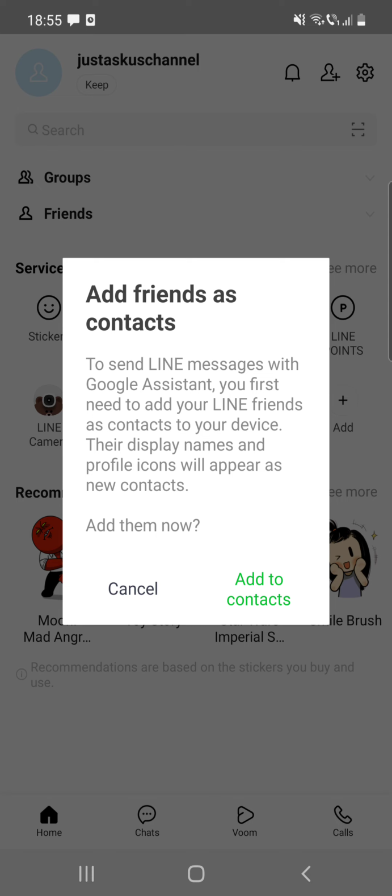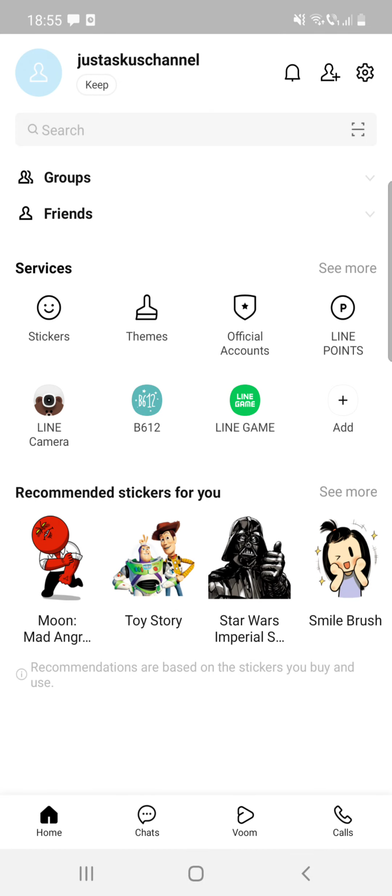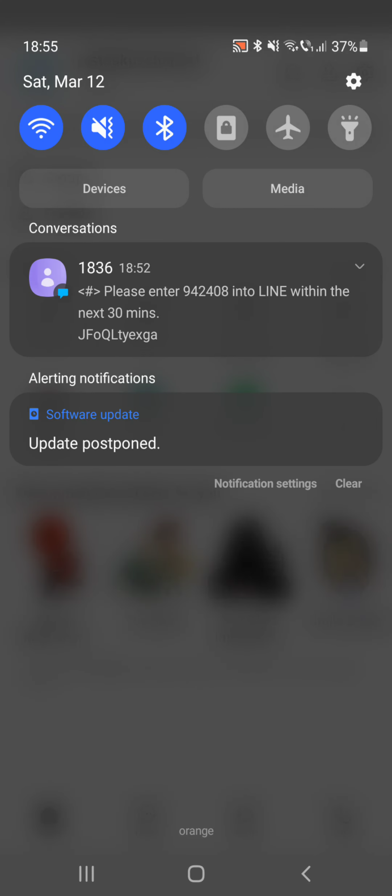To send Line messages with Google Assistant, you first need to add your Line friends as contacts to your device. Their display names and profile icons will appear as new contacts. Add them now. So you can click on add to contacts or cancel. So this is how you can sign in to